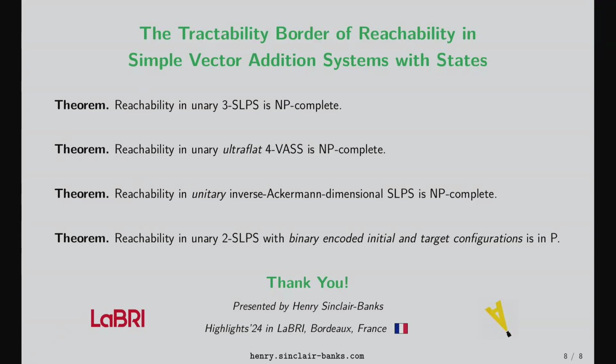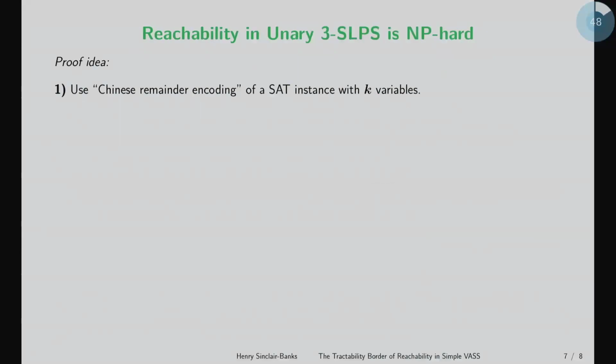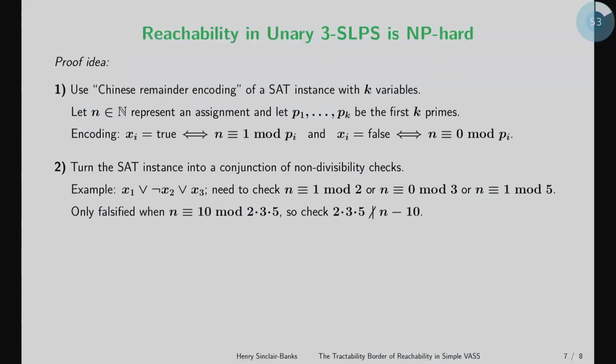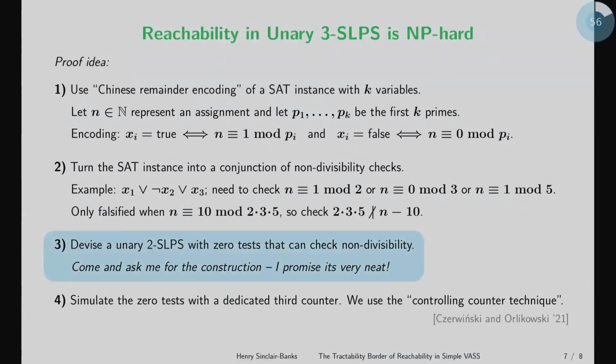Yes? Can you say what ultra flat is again? So you've got, bear with me, you've got these guys, but the transitions between the states, so the ones on the path itself, have to have zero update. So you're only allowed to update on the cycles. We really, in the juice, leverage that you can update between. What we do with an extra counter is basically store a small value that you have to put onto another counter and then shift back. So we pay for this with just one counter. Yeah, that's ultra flat. Okay, thanks.